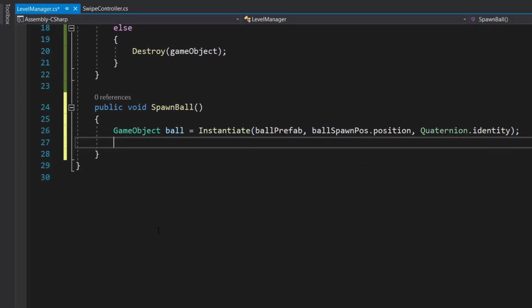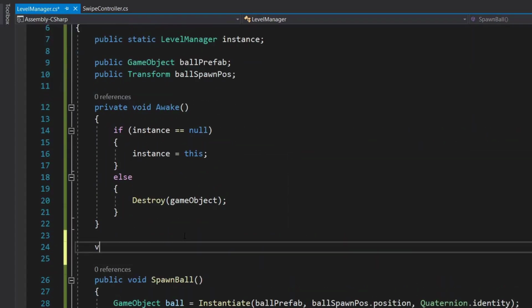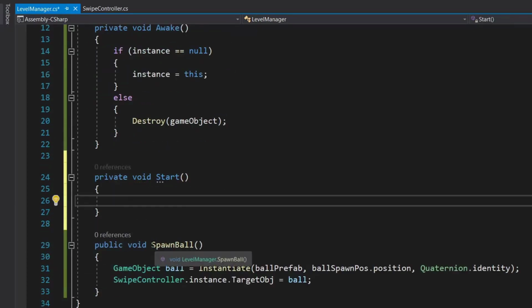Then we will set our SwipeController target object equal to our ball, and let's call this SpawnBall method in our Start method for checking purposes.